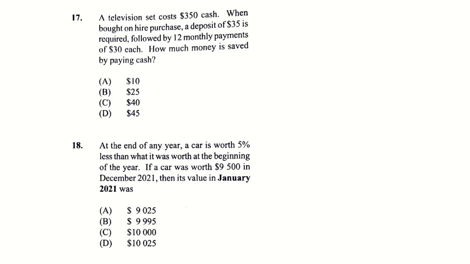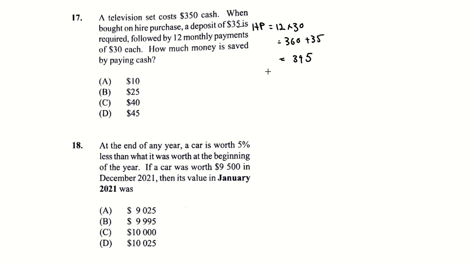Number 17, a television set costs $350 cash. When bought on hire purchase, a deposit of $35 is required, followed by 12 monthly installments of $30 each. How much money is saved by paying cash? So first off, we have to see what his hire purchase price is. His hire purchase price would be the down payment plus the 12 monthly installments. So for 12 months it will be 12 by 30, which is 360, plus that $35 of down payment, which would be